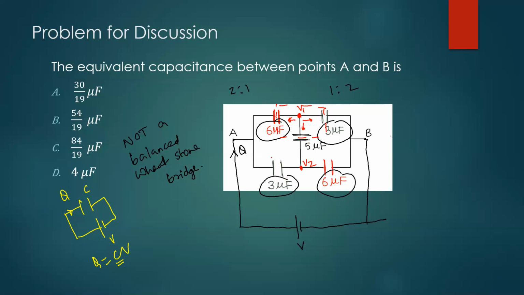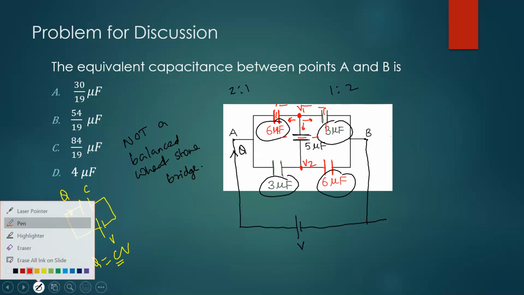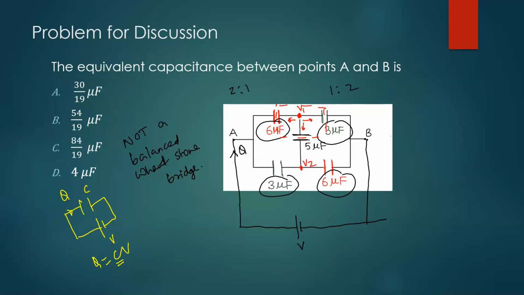The sum of some of those charges should be zero, so you can quickly write that. If I go to the left, I have V1 minus V as the potential, since this point will have V. So the charge will be capacitance times the potential difference, which is V1 minus V. Now, if I look to the right, this point B has zero potential. So look to the right, I have capacitance 3, V1 minus 0. And if I look downwards, I have capacitance 5, and then V1 minus V2.